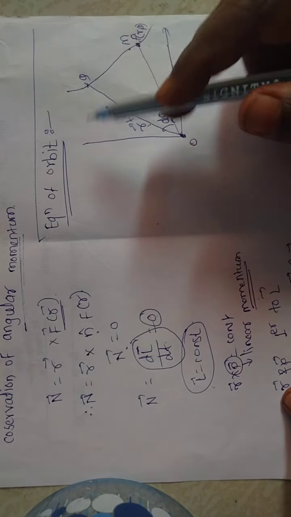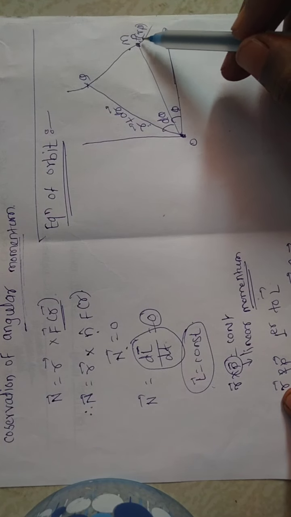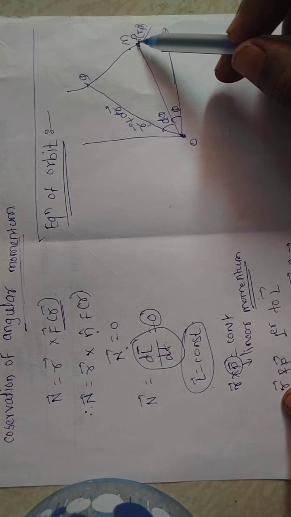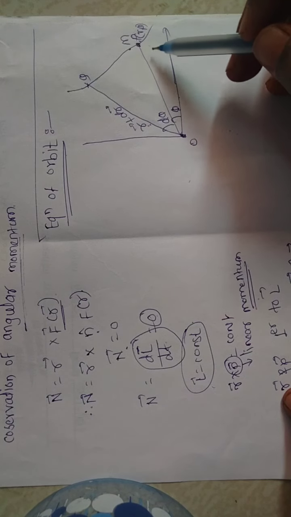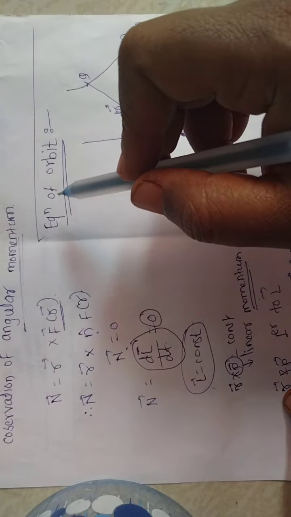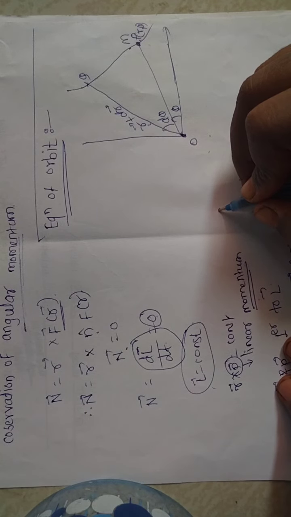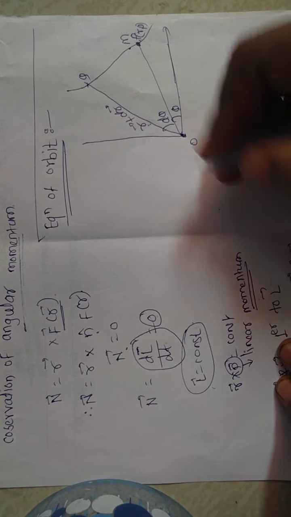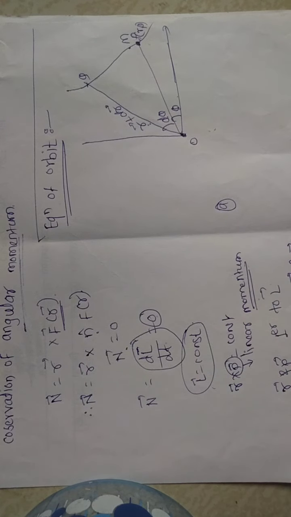And we will consider the orbit. When a particle is in motion, it travels a certain distance after time t, and this traveled path of the particle is called the orbit. We will calculate here the equation of that orbit. We will consider the radial acceleration and transverse acceleration of this particle, because we are using polar coordinates.